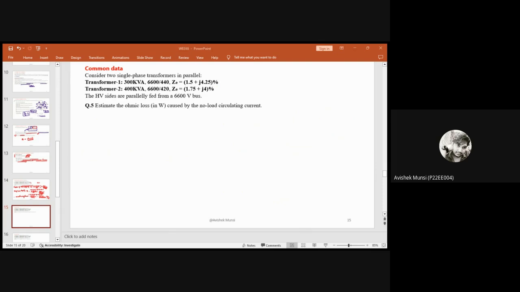Okay, for this part, we have to calculate the ohmic loss, right? So the ohmic loss at no load will be 414, which we calculated, square into the impedance. The impedance at transformer 2, we calculated around,